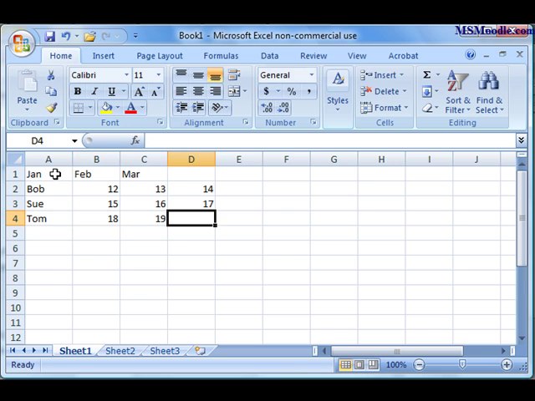18, 19, and 20. Alright, so we've got some data in here, and you can see that I've made a mistake. January, February, and March are not lined up over top of the data. So what I want to do is go through some techniques of how to move this data. The first thing we're going to have a look at is how to select January, February,